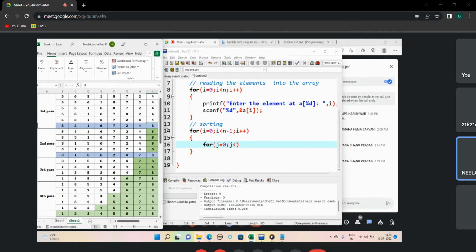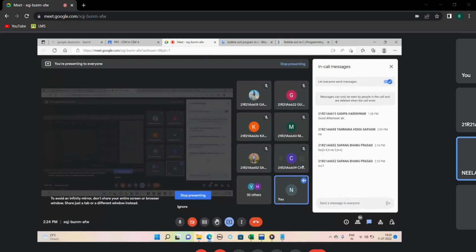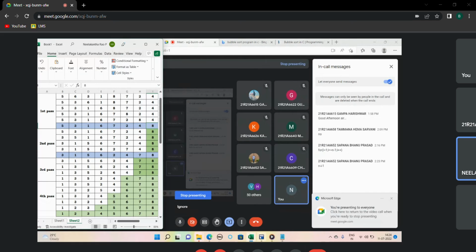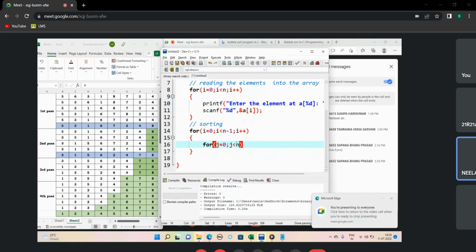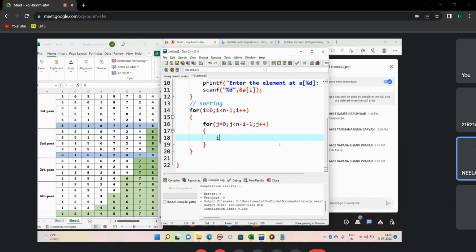So it is going to be, as he said, n minus 1, n minus i minus 1. Very good. j is less than n minus i minus 1 times, and next j plus plus. This is the structure of both of your loops. Now, if a of i is greater than